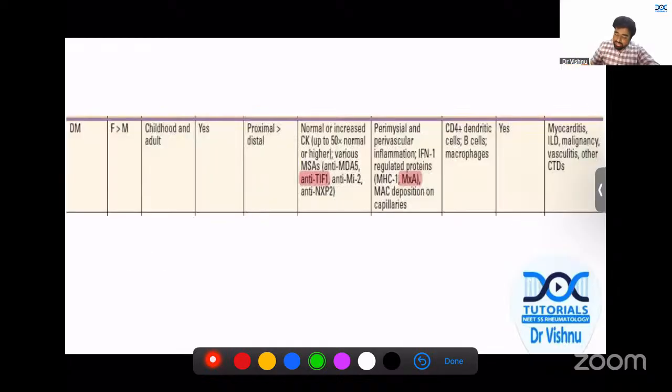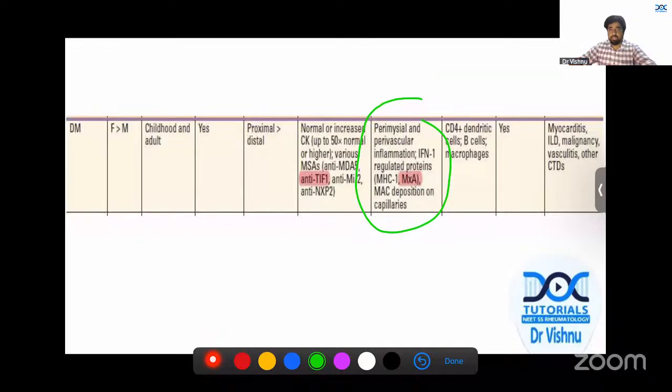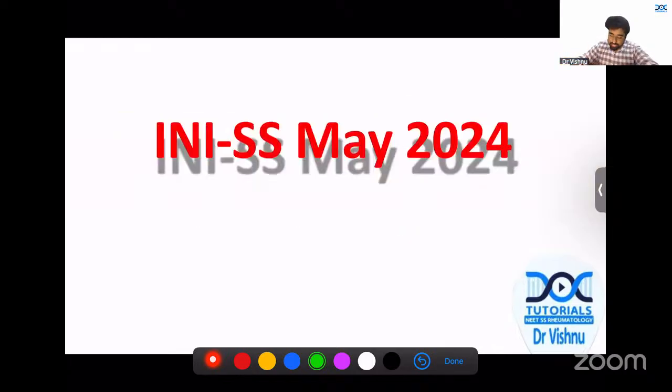This is one of the most important, high yielding tables in your Harrison. Go to the myositis chapter, the second page, it's there. In dermatomyositis, you would see positive myxovirus resistance protein A, or MxA, staining, showing that the type 1 interferon pathway has been activated, characteristic of dermatomyositis. It can help differentiate from other myositis like immune mediated necrotizing myositis, polymyositis, etc.